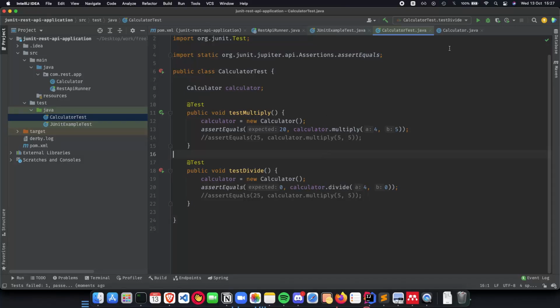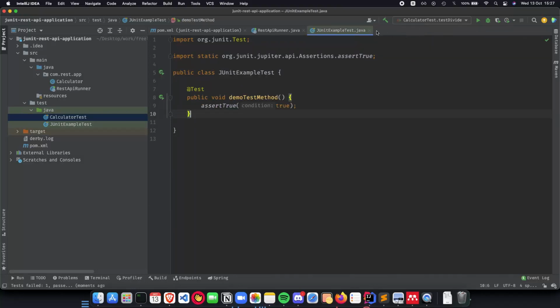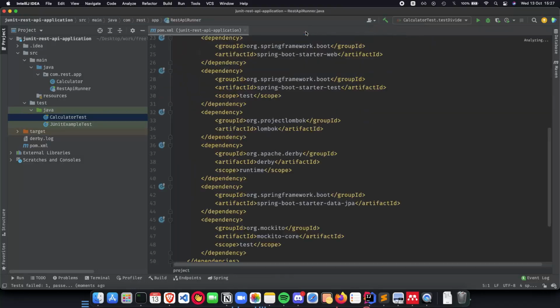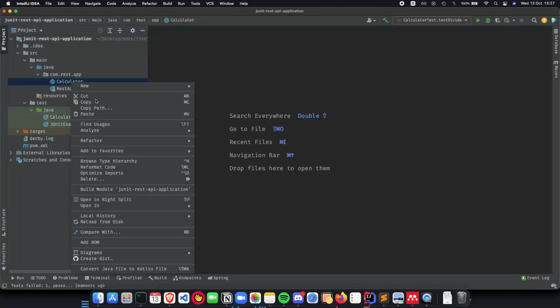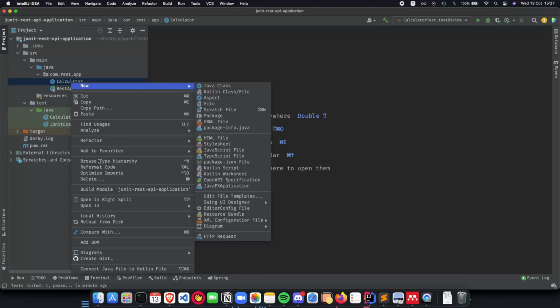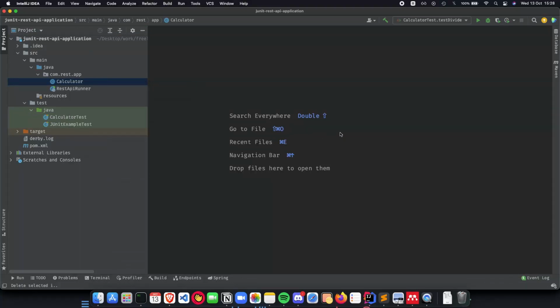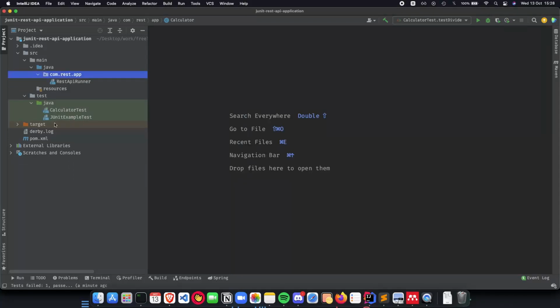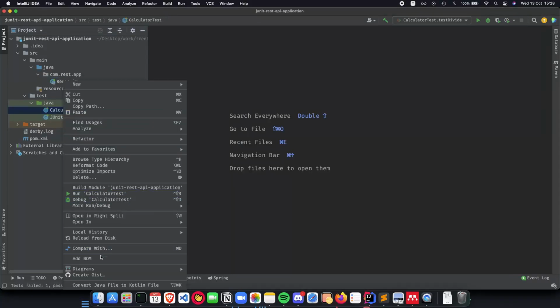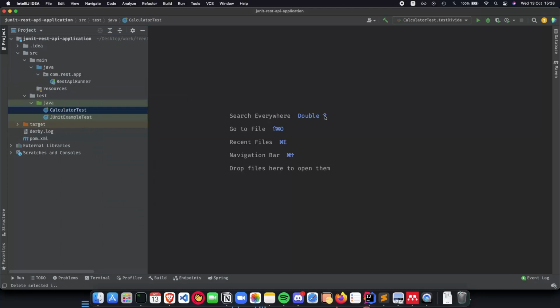Okay, now let's go ahead and create our domain and persistence layers for our REST API application, and then we can start writing unit tests for them. So in this video, let's start. Now we can remove the calculator, because it was an example. We can also remove the calculator test class because we don't need it now. We understand how JUnit works normally.